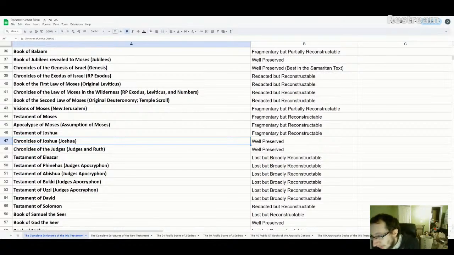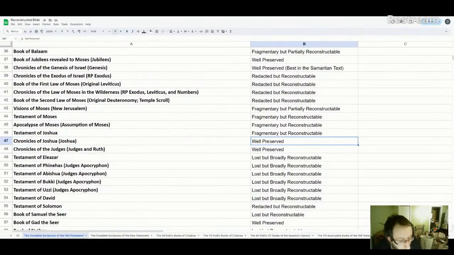But there's another book, an Apocryphon of Joshua, and we have fragments of it in the Dead Sea Scrolls. So I believe that this, whether it's a Testament of Joshua or Book of Joshua, whatever it was, was the source of the Book of Joshua that we have. Overall, I'd say the Book of Joshua we have is well preserved, whether it's Masoretic or Septuagint. There's not too many major differences between them. There are some significant ones, but nothing that would suggest Joshua's text has to be radically altered to reconstruct it. So I would say Joshua is well preserved.